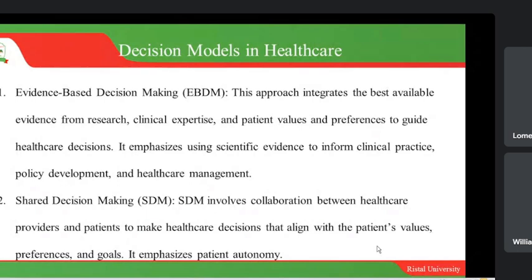Now we formulate a question, for example, what is the most effective method or protocol to be able to manage diabetes? We can ask that as we are using the EBDM model. And then we get now